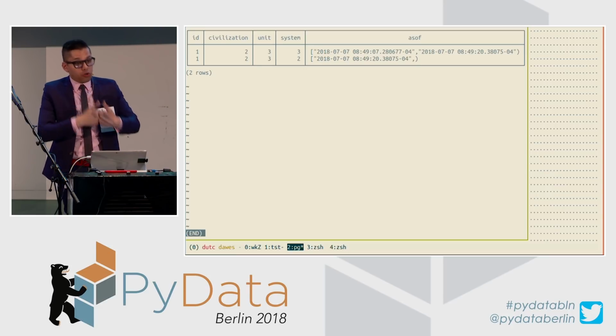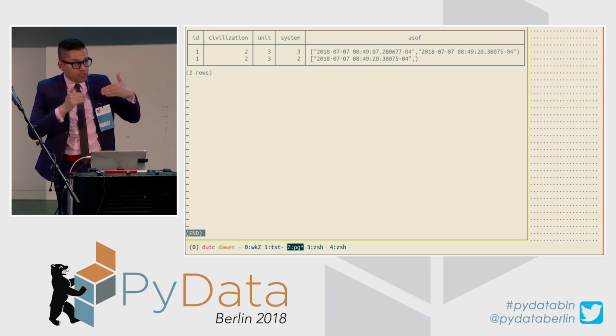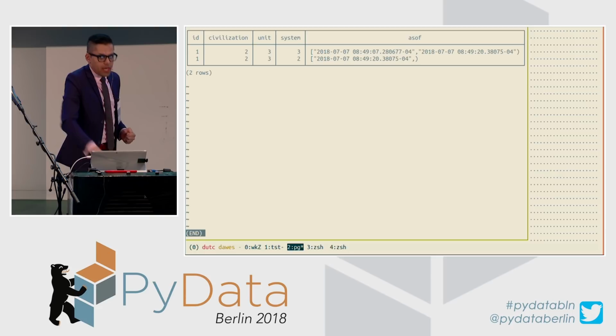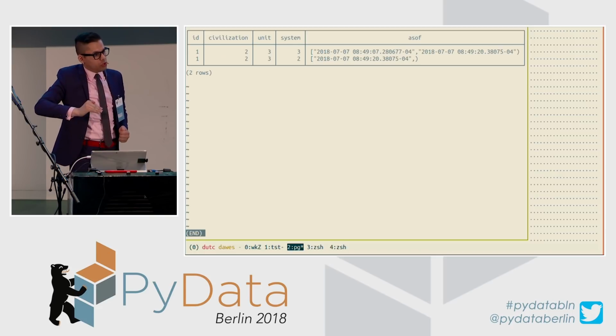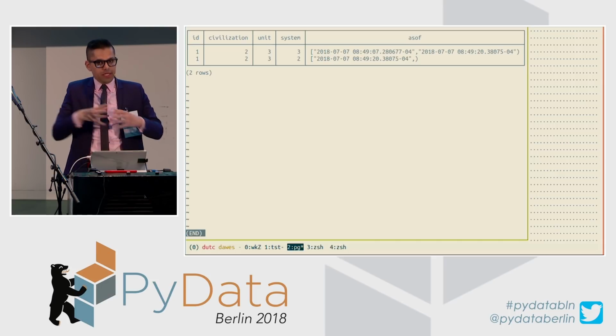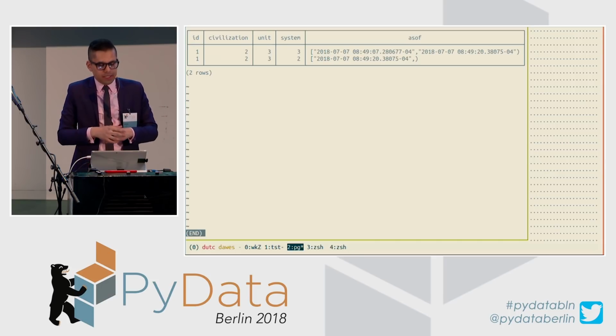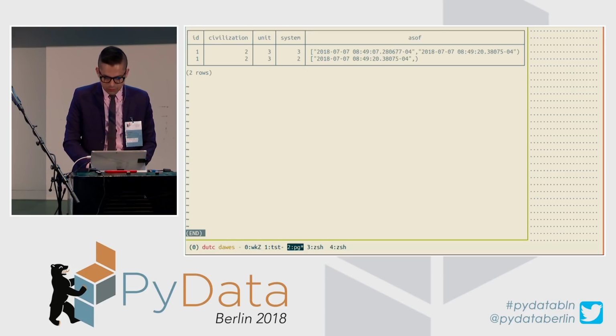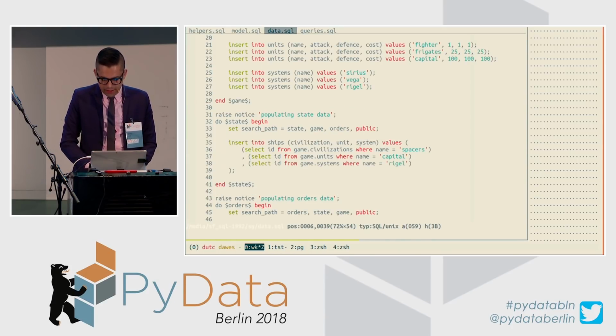So here I have all the benefits of full temporality. I can always ask my database, give me the state of the game as of this point in time. And it can tell me exactly what the state of the game looked like at any point in time. But the schemas, the table definitions I have can actually use this naive approach for the verbs. So there we go with that. Now let me do the following.